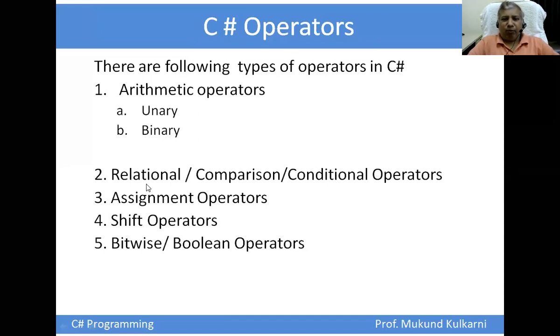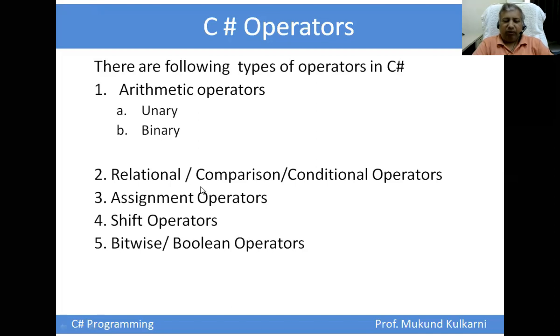The second type of operators is relational, or you can say comparison operators. The same operators can be used inside conditional statements, which is why they are also known as conditional operators. Relational shows the relationship between two operands, comparison compares two different values, and conditional means it can be used in conditional statements and returns either true or false. You are already using conditional operators from C and Java. The same operators are available here, with almost the same meaning. For example, double equal to is used for equality comparison.